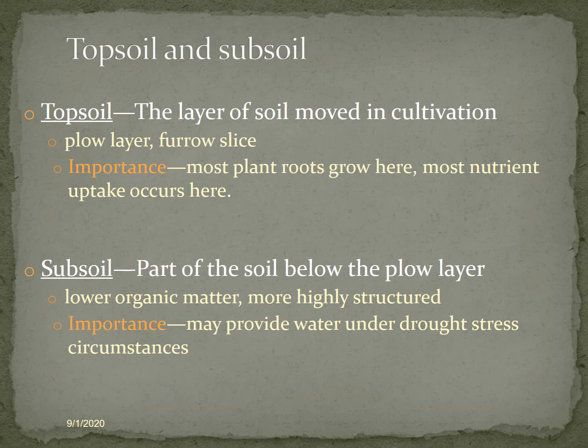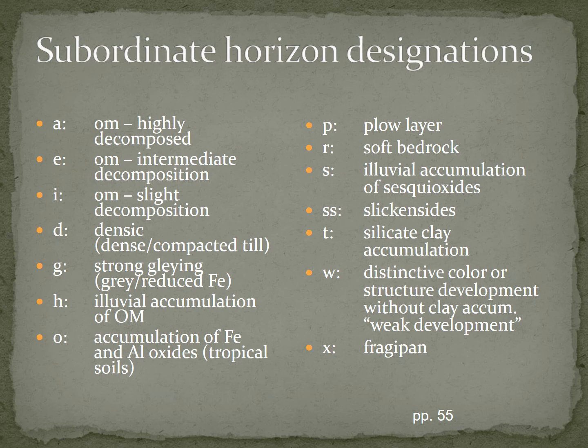Now remember, this is a part of topsoil versus subsoil, but those subordinate horizon designations, that's what I want to focus on. We're actually going to have a lab where we go out to Cooper Farm and we start utilizing this information. So these are the lowercase letters, and the lowercase is important. We always add them onto our master horizon. So for example, things that go with an A horizon are lowercase p's. Hopefully this goes well.